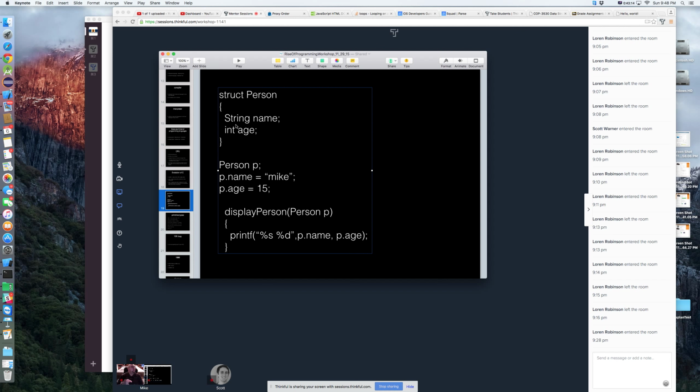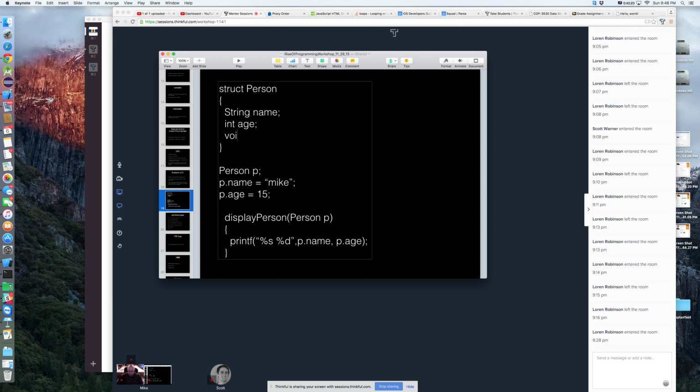We couldn't keep everything that we really wanted inside of the struct. And we actually got to the point where programmers started trying to hack it. So they were coming up with weird void pointers. So we have a void pointer display func or something like that, where you'd actually have a variable which pointed to the memory address where an actual function lived, to sort of fake having the function being inside of the struct. Very strange, and it was kind of a call for help, a cry for help, if you will.